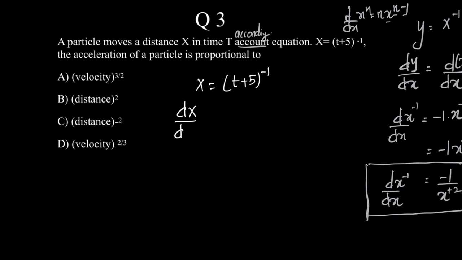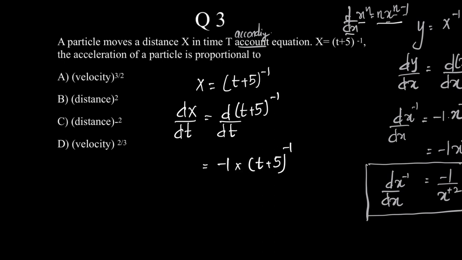So we know that dx by dt would be equal to d by dt of (t plus 5) the whole to the power minus 1. d by dx of x raised to n will be equal to n into x to the power n minus 1. Instead of x we have t plus 5 here, instead of n we have minus 1 here. So this will give you minus 1 into (t plus 5) the whole raised to minus 2